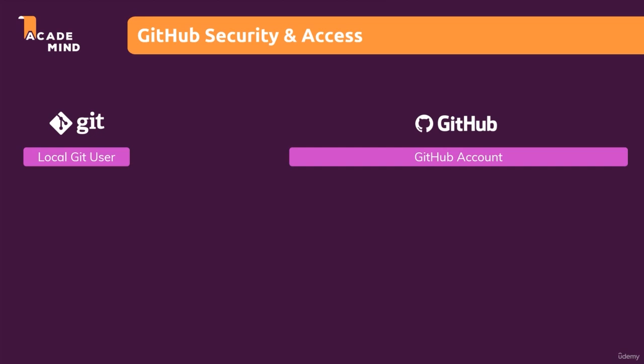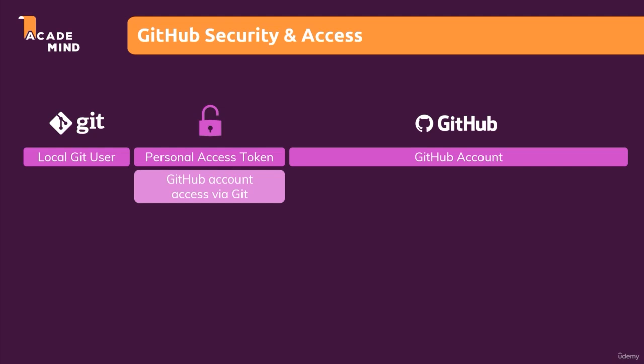For this, and we know this, we need a personal access token. This personal access token gives us access to the GitHub account via Git. And that's very important to keep in mind at this stage. A personal access token created inside your account is very valuable. If the wrong person, let's call it like this, gets access to this token, this person gets access